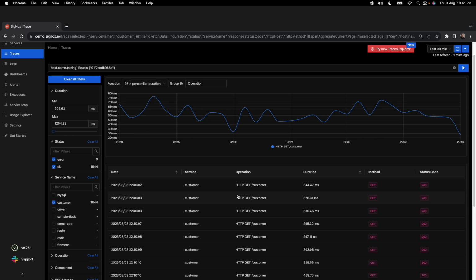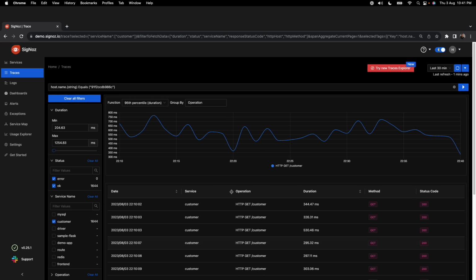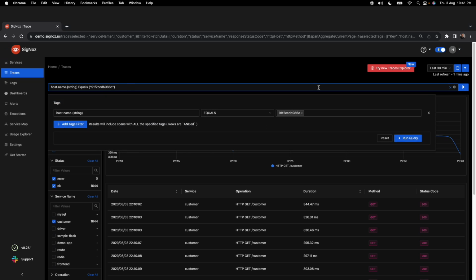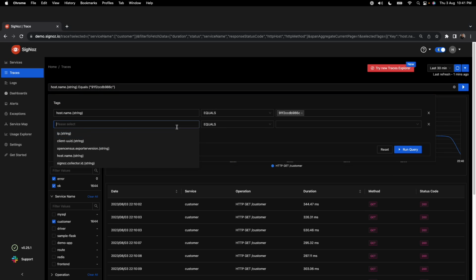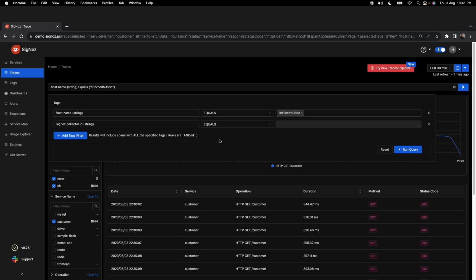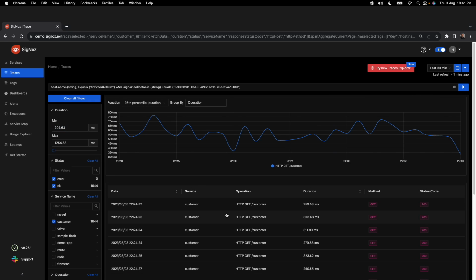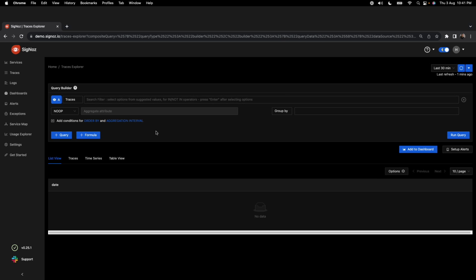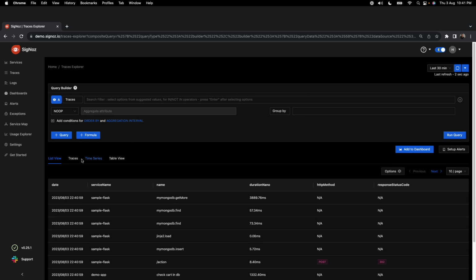So you can get to very specific details here, and you can add multiple tags. If you have a particular collector ID, you can filter the graph based on that. What we have also recently released is this new Traces Explorer, which comes with its own query builder